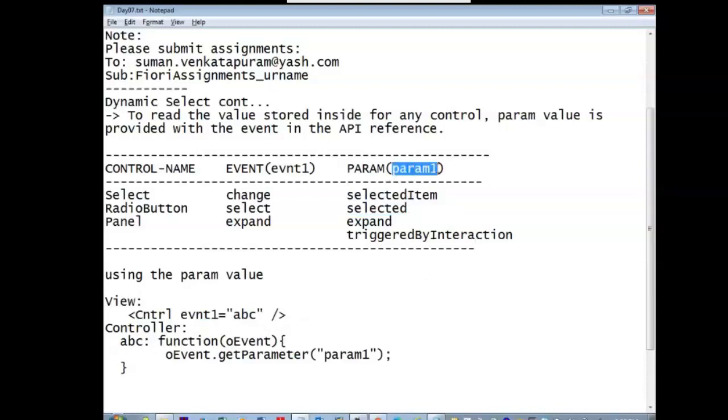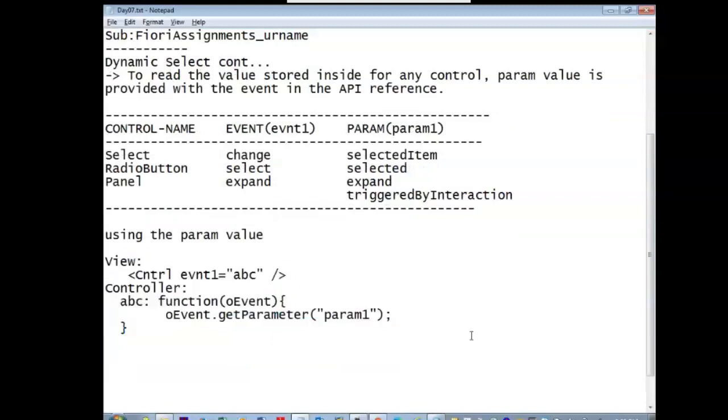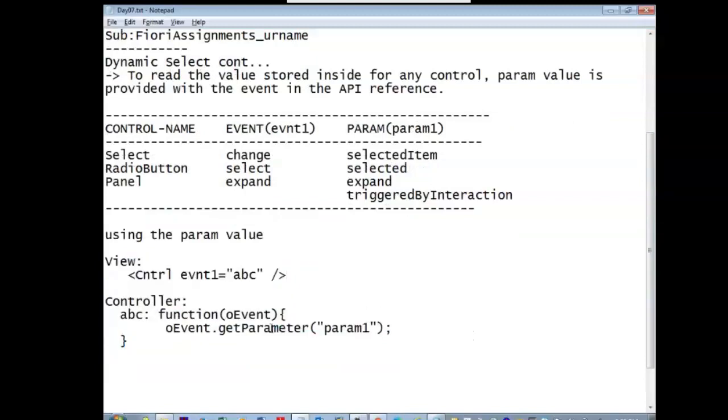Like a formula, like A plus B. You're not on the first day, no? You might get confused. We use something like a formula: control, event. Just some assumptions, A plus B, how you use it. It's like a formula. If you remember this formula, you can apply it to n number of things. Syntax, yeah, syntax kind of thing. So please be a little bit careful about this getParameter. There is no S here, only parameter.